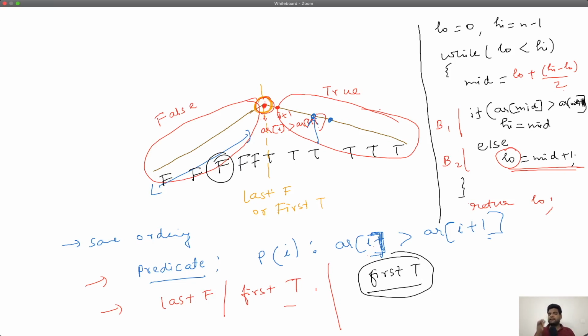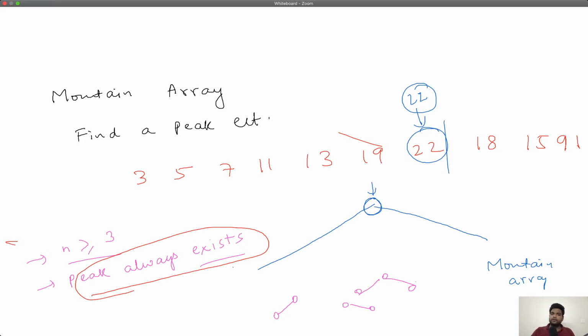the ith element is greater than the I plus first element. So if you use that property, you can see that it will turn out to be false for the left part. What will it be for the peak? That is easy to see. It will be true for the peak. So you are interested in the first T in this predicate. And then we just wrote down the code for this, keeping in mind three things: the choice of mid, the decision, and the sanity check. We said that you don't need a sanity check here because the question explicitly told you that the peak always exists. So you were good.